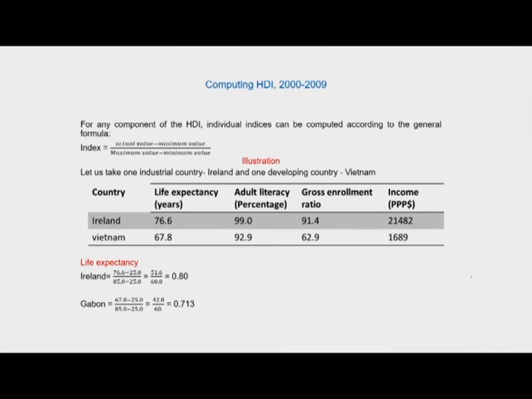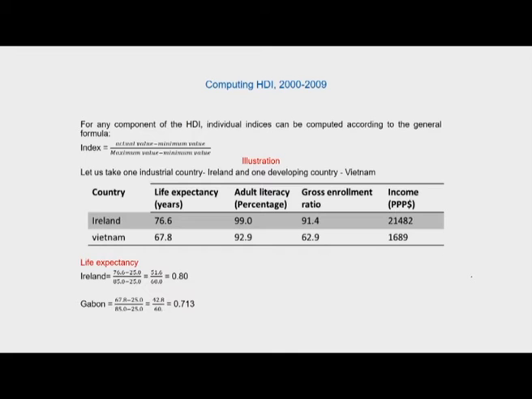And since the data was collected, it very clearly showed that the wage rates or income levels achieved by women are much lower compared to the wage rates of their male counterparts, and therefore that had to be incorporated into the data analysis so that the HDI and the GDI and the GEM all become comparable. I also have a few definitions of all of these indices towards the end of today's lecture, which will come in some time. So as an illustration, let us look at computation of HDI between 2000 and 2009.